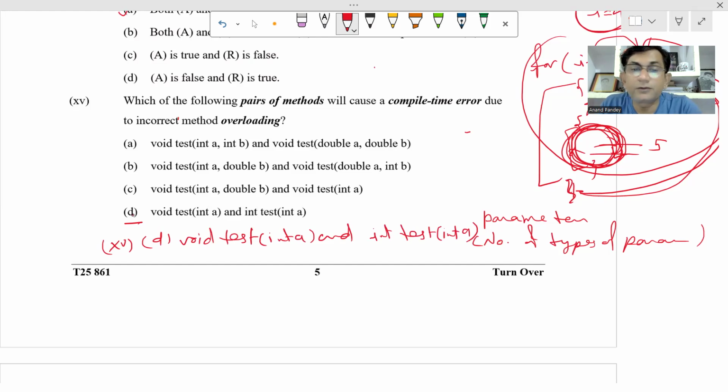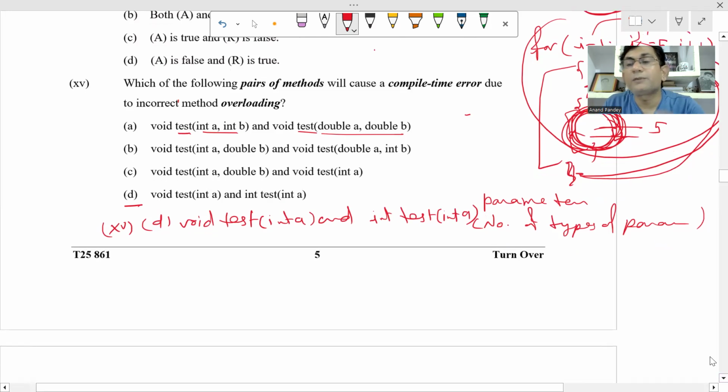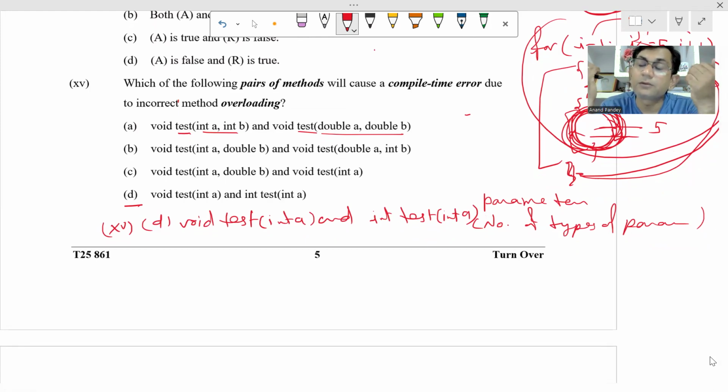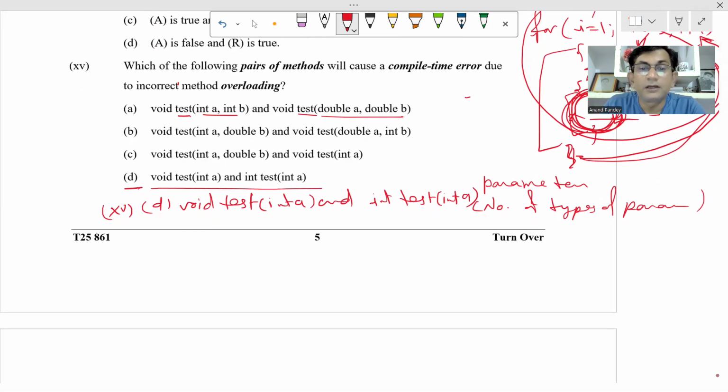I'm telling you again, what is function overloading? In function overloading, you can define more than one function of the same name but with a different parameter list. उनका नेम सेम अगर रखते हो तो उनका पैरामीटर लिस्ट 100% डिफरेंट होना चाहिए। या तो पैरामीटर लिस्ट का नंबर एंड टाइप्स, नेम से नहीं मतलब है, नंबर ऑफ टाइप से मतलब है। या तो दोनों के पैरामीटर्स का नंबर डिफरेंट हो, या दोनों का टाइप डिफरेंट हो, या दोनों ही डिफरेंट हो। ठीक है, अदरवाइज वो गलत हो जाएगा। तो ये इट इज इनकरेक्ट मेथड ओवरलोडिंग।